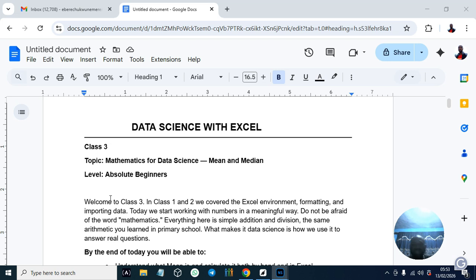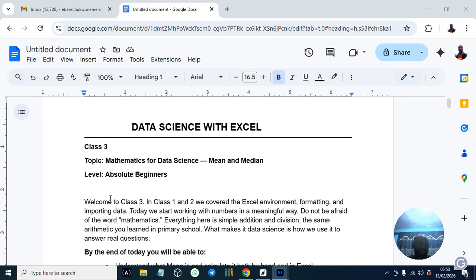Mean and median is one of the most important topics in data science. The reason is this: data science works with a lot of numbers that can range in millions, billions, right? Like in large organizations where they have a large number of workers, your MD can just walk in and ask you to tell him the take-home salary of the workers.